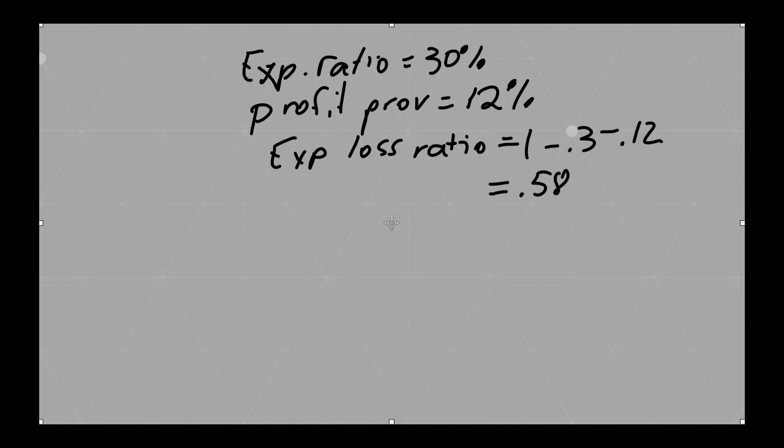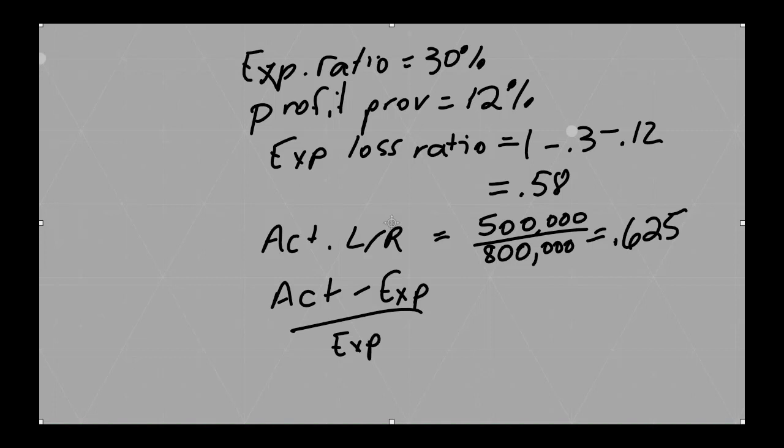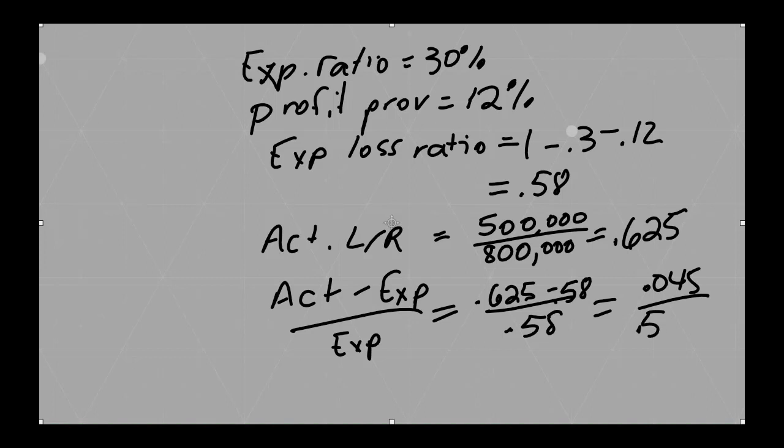Now we calculate our actual loss ratio, which equals our $500,000 of losses divided by earned premium of $800,000, which equals 0.625. So our calculation is the actual minus expected, divided by the expected loss ratio for an indicated rate change, which equals 0.625 minus 0.58, divided by 0.58, which equals 0.045 divided by 0.58, or